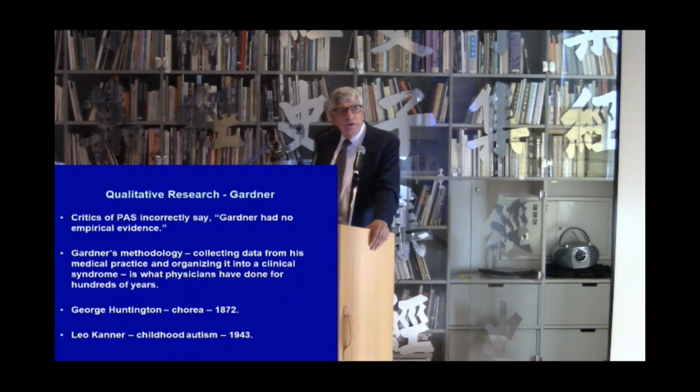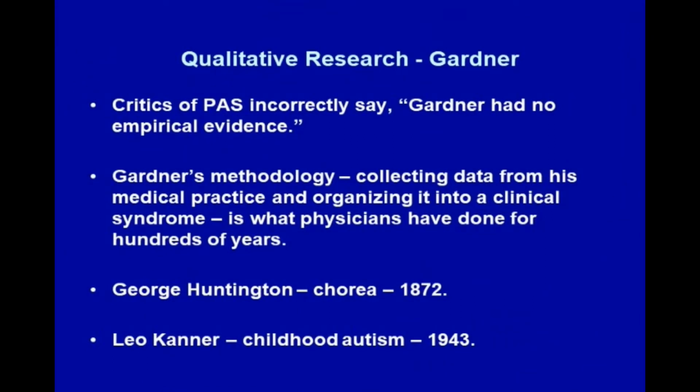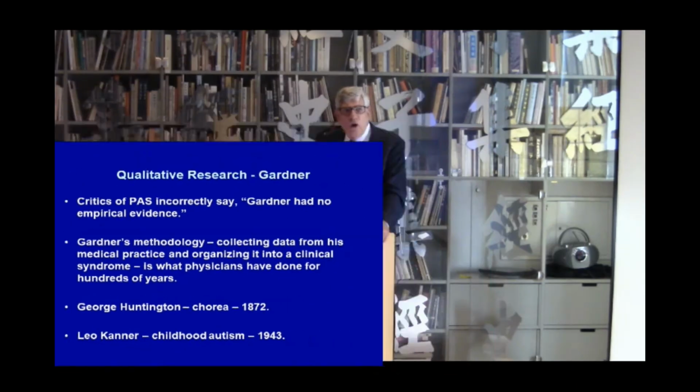And his father was a physician, and his father kept really good records and identified several people in his community who had this funny disease with chorea. And then George took over the practice, and he had a couple more generations. So it was really interesting. In the 1870s, he's out there systematically collecting cases, and he published it, and that's called Huntington's disease. In other words, my point is simply that what Richard Gardner did is what physicians have always done,